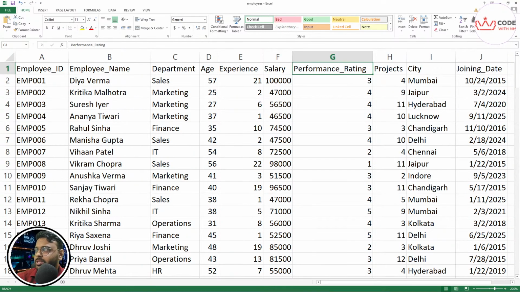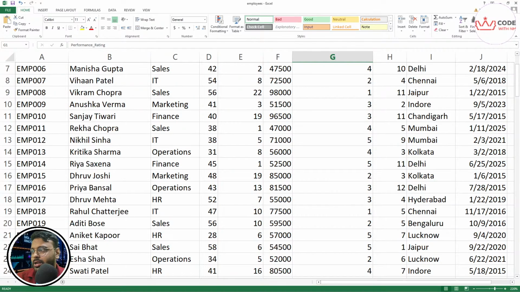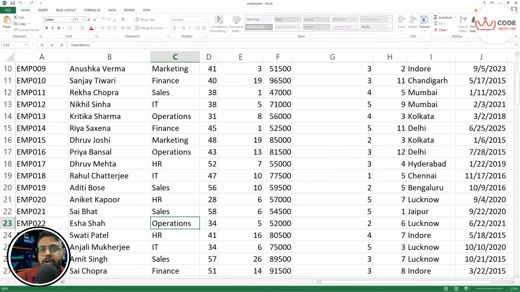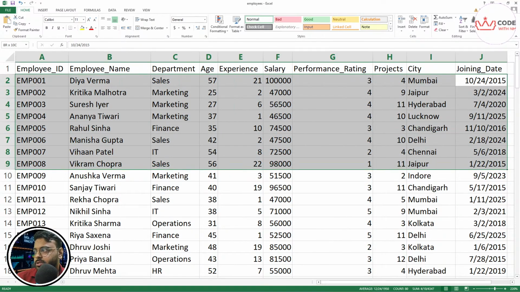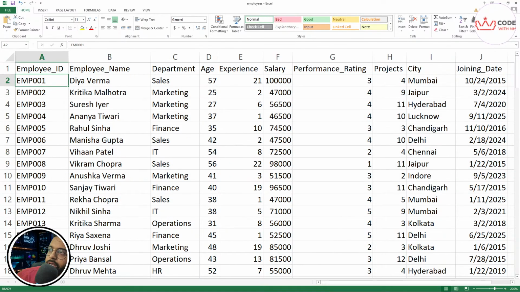If you want to know the departments: sales, marketing, IT. I've already typed those departments, and I've added one extra one over here, operations. Of course, I've used realistic names for the employees, so we get the feeling that we are working with real data. The employee id would be different in real life. For example, at Google it would be Google 001, or Microsoft or IBM. It depends on how the company stores the data, but this is a general, standard format.